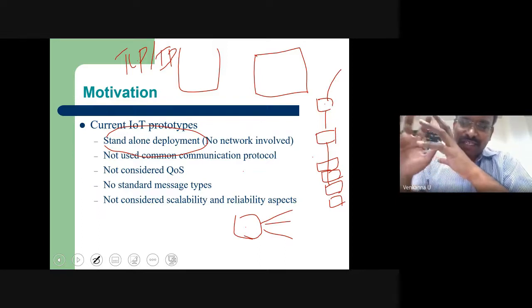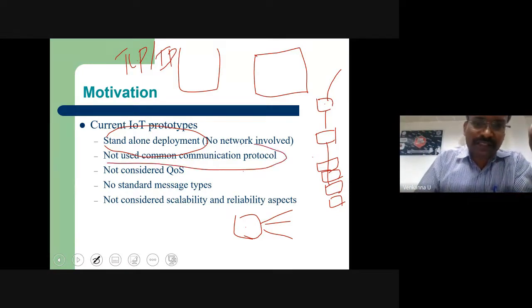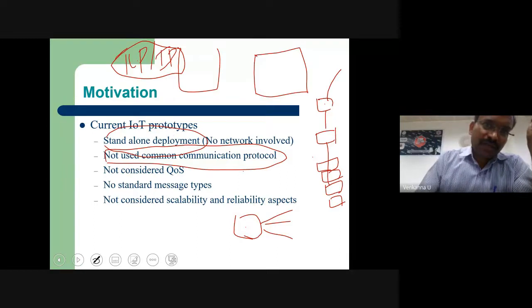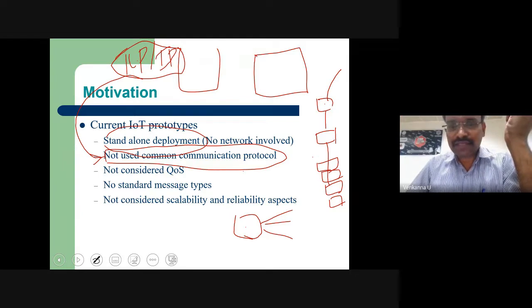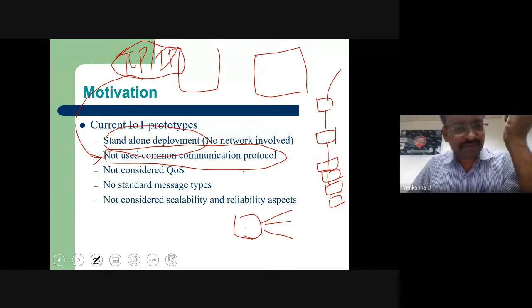What is that? The current IoT prototypes are standalone. I am just using temporary communication protocols and communicating. That's why we have not used any standard communication protocol as of now. As of now, we are using whatever the internet communication protocol stack, TCP/IP, provides. But I argue, or I can confidently say, that this TCP/IP protocol stack may not be useful for IoT communication. It has its own challenges. Can anyone guess what the challenges are? Why can't we apply the TCP/IP protocol stack as it is for IoT communication?